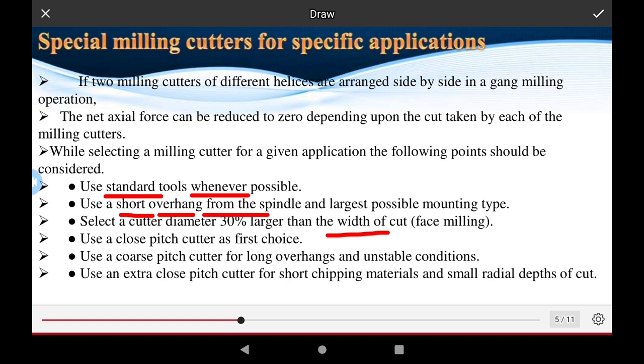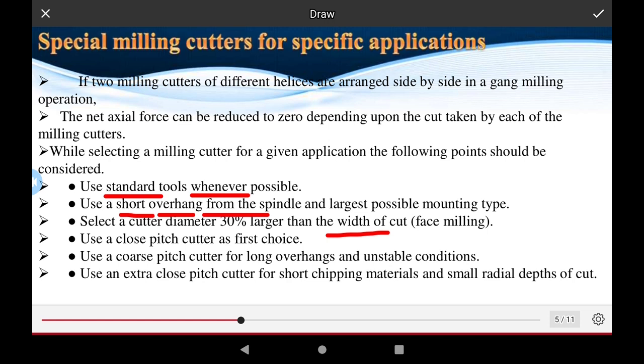and use a close pitch cutter as first choice. Okay, suppose that I perform the operation. First of all, the tools used are close pitch cutters as first choice. Okay, this cutter is used for the operations, creating small chips from the performed operation out of the area of the operations. Okay,